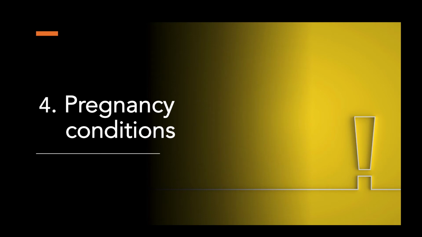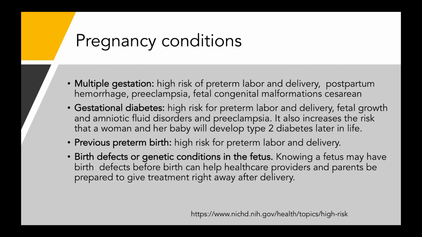Next, we have pregnancy conditions, and this includes multiple gestation, which puts the patient at high risk for preterm labor and delivery, postpartum hemorrhage, preeclampsia, and fetal congenital malformations, and of course, cesarean delivery. Also included in this list will be gestational diabetes, which puts the patient at risk for preterm labor and delivery, fetal growth and amniotic fluid disorders, and preeclampsia. It also increases the risk that a woman and her baby will develop type 2 diabetes